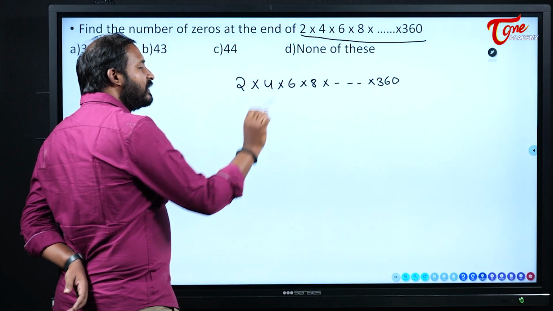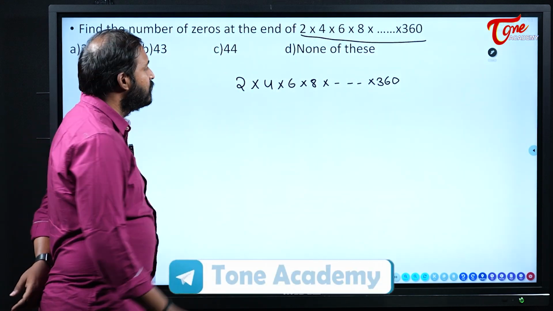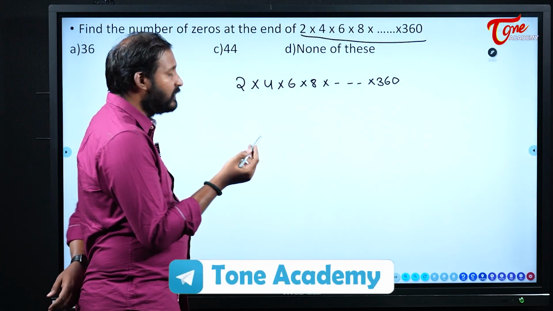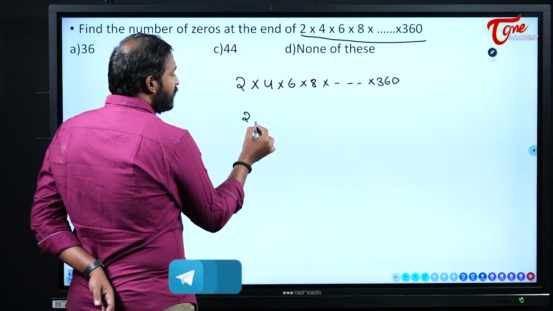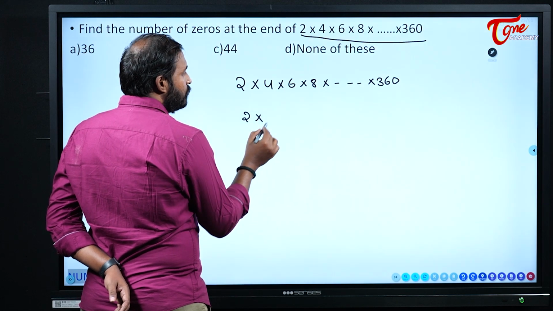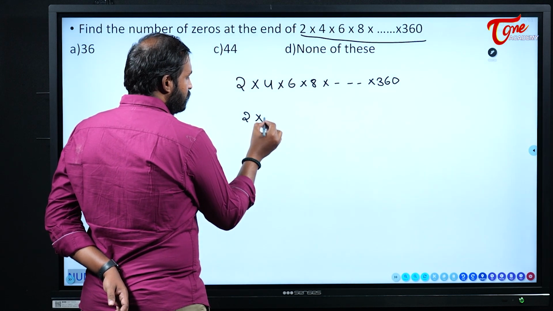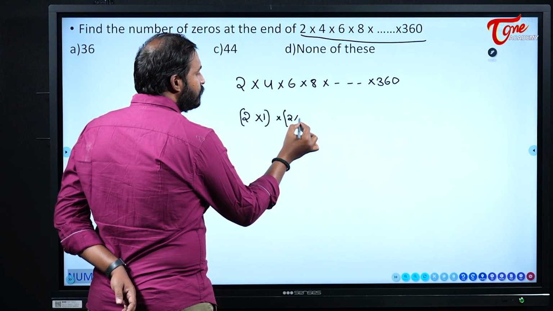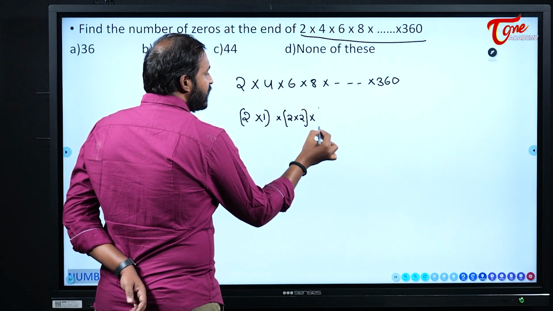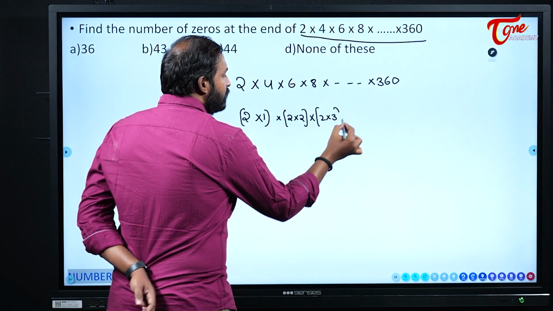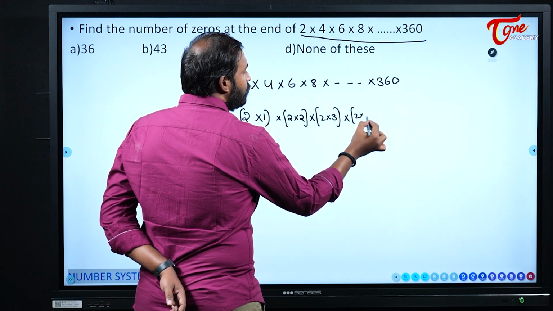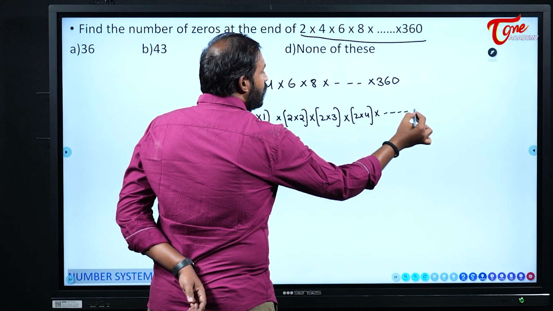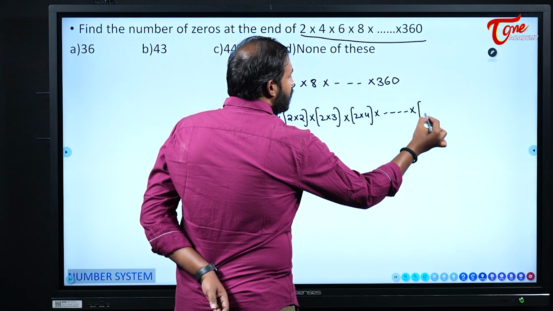Now if you observe, all these numbers are what? Even numbers. So simply I will take 2 common. The 2 common in the sense, see here, I can write this as 2. Next what I can write here? 2 into 1. 4 I can write as 2 into 2. 6 I can write as 2 into 3. 8 I can write as 2 into 4, and so on up to what I can write? 2 into